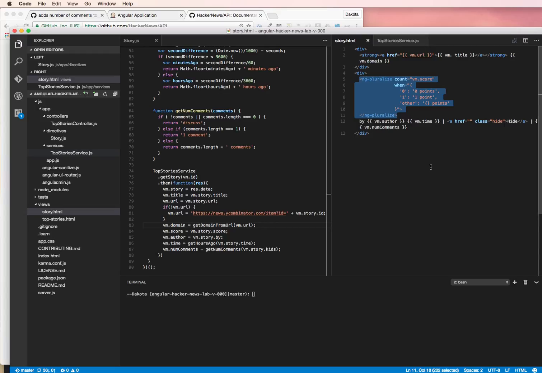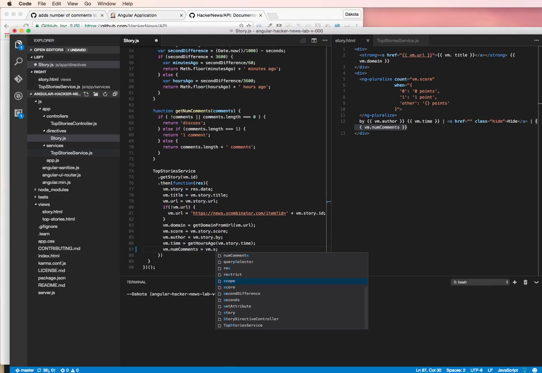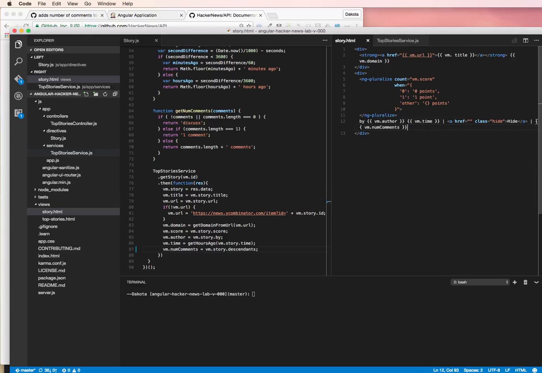And we can actually create the link right now because it's going to go. Well, we don't need to create the link right now because when we do this later, it'll be the same thing. This will just be the link text. So the change that we want to make is to turn this into ng-pluralize, but first, instead of NumComments here, well, actually, the easiest way to do this would be just to make this vm.story.descendants, and then we can save that,